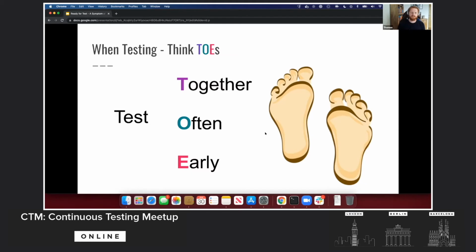And when we have faster feedback, it allows us to course correct and change direction faster and easier, which is going to allow us to avoid defects. And when we test early, we find more defects earlier, because the sooner we start testing, the sooner we start to ask questions, the sooner it'll be that we find these issues.